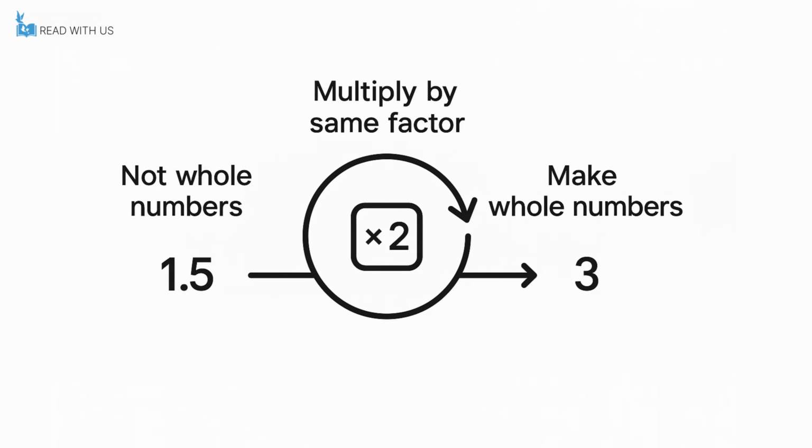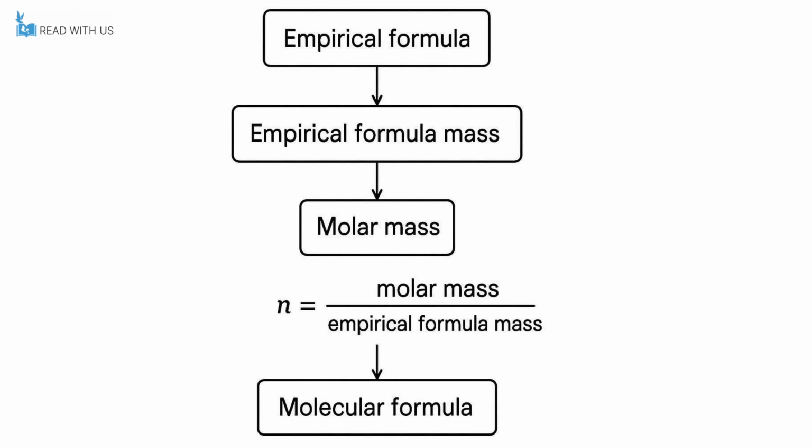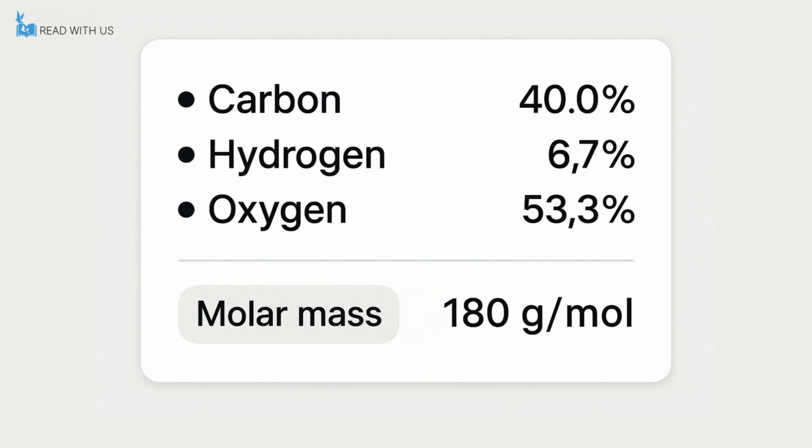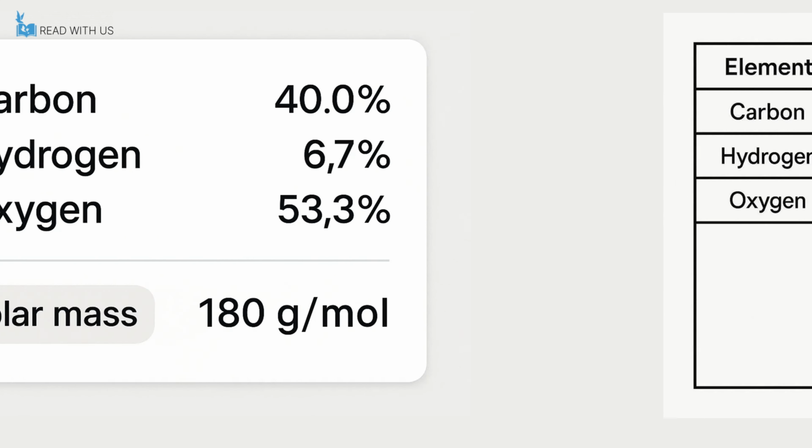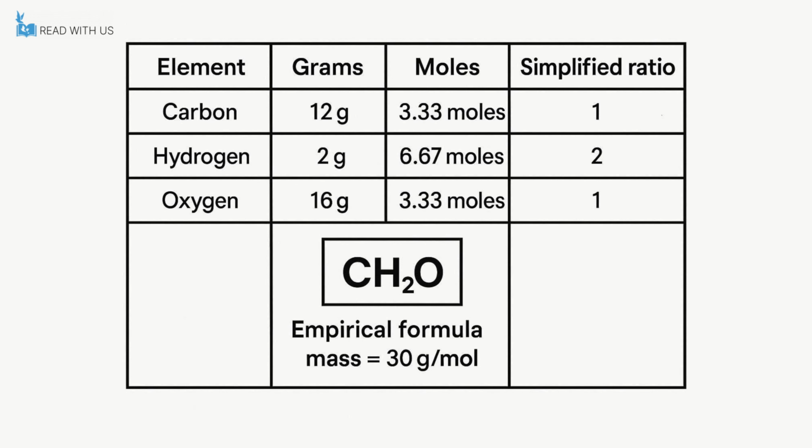To obtain the molecular formula, we find the empirical formula mass and then divide the measured molar mass of the compound by this mass to get the multiplying number. As an example, consider a compound that is 40% carbon, 6.7% hydrogen, and 53.3% oxygen, with a molar mass of 180 grams per mole. Assuming 100 grams, the moles are about 3.33 for